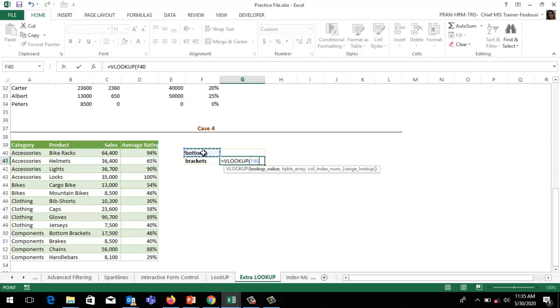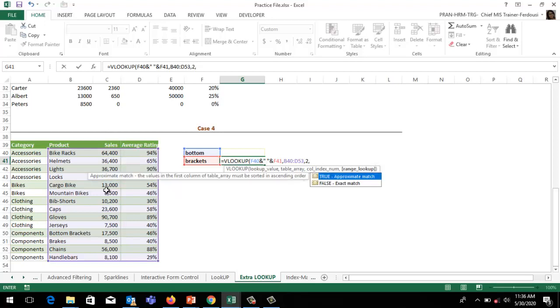This cell position, ampersand, inverted comma, space, inverted comma, ampersand, this cell position, comma. I have to select this cell position to this cell position, then comma. I like to see the cells, that's why type 2, then comma, use false, close the parenthesis,